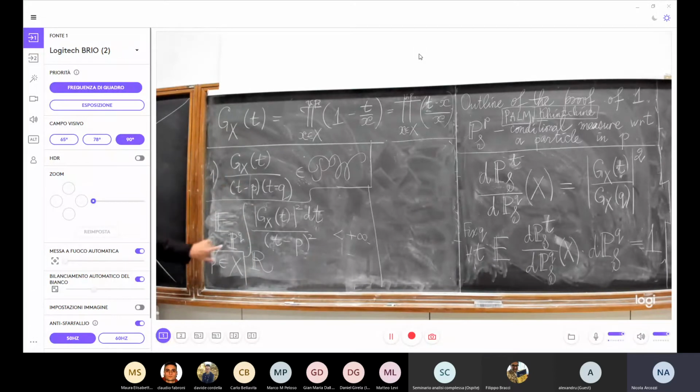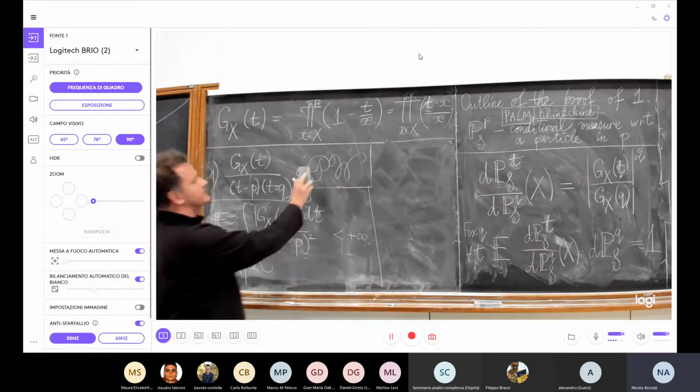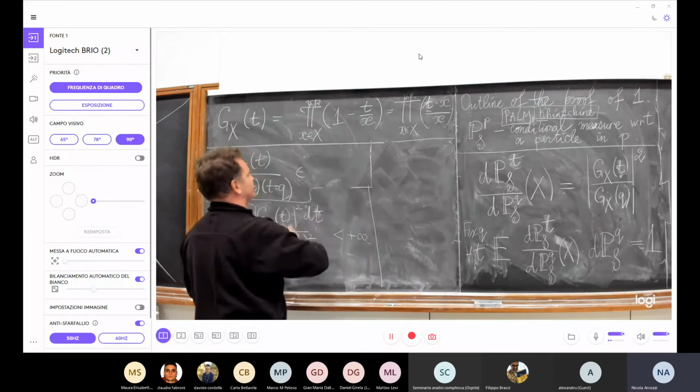Okay, so I have a Q here. So the configuration X does not have Q, so it corresponds to Gx of T over T minus Q, because of this Q, because of Palm measure, because of this particle. I divide by P, but in fact I divide by P squared. So this is precisely saying that the L2 norm of this quantity is finite. End of story. One only needs to show, so I have shown that this belongs in L2.